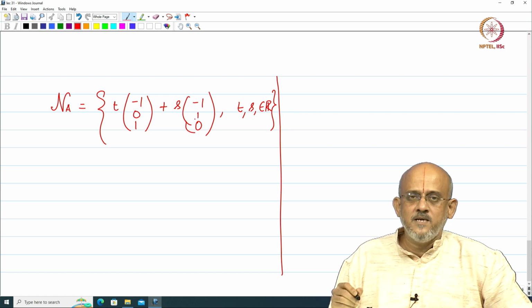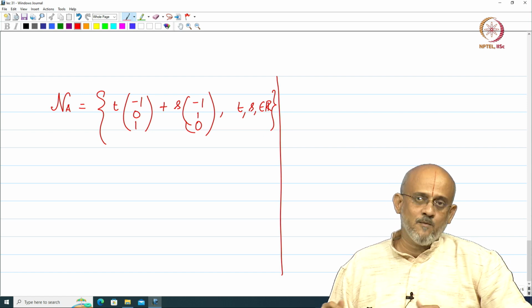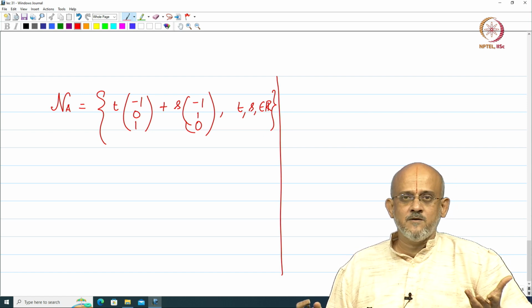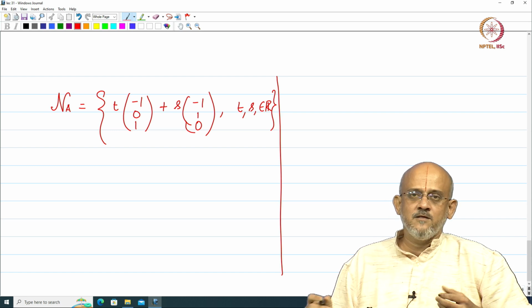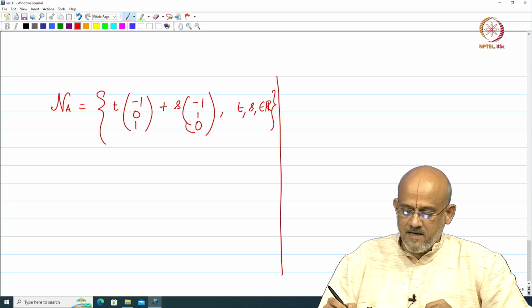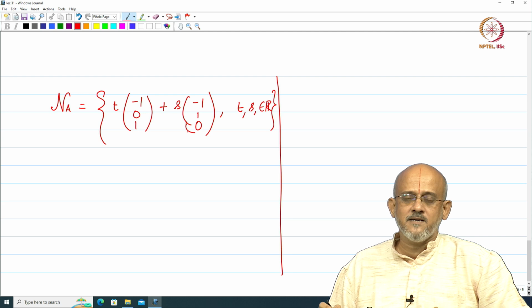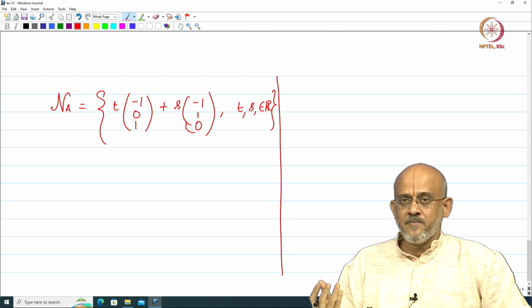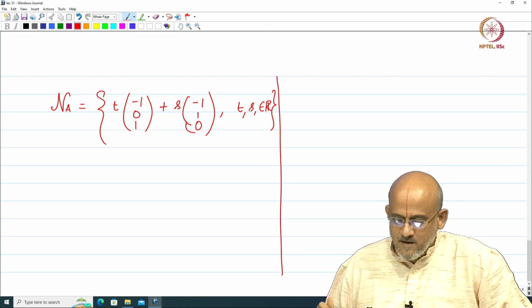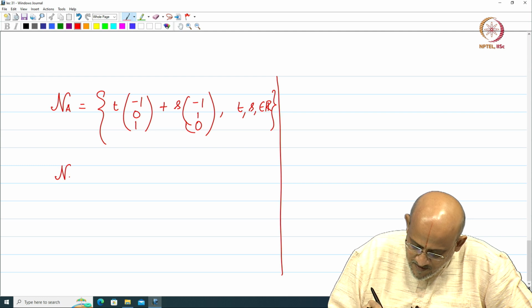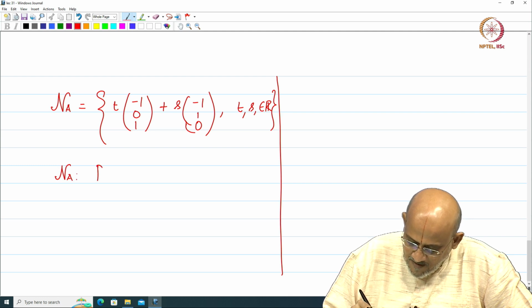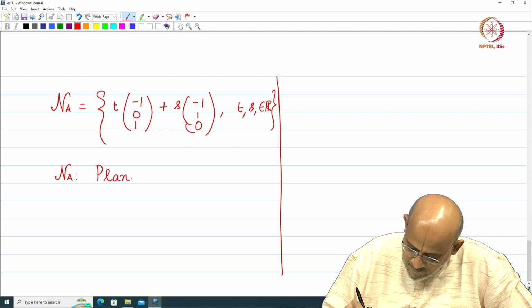Now these two are two linearly independent vectors in R3, and what does that give me? What is the geometry that I am going to get out of this? The set of all those vectors which are going to be linear combination of these two linearly independent vectors is going to be a plane passing through the origin. So NA in this is going to be a plane passing through the origin, defined by